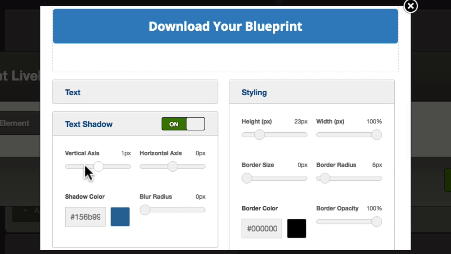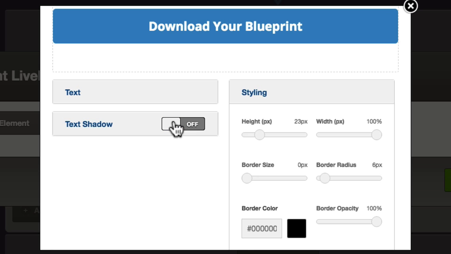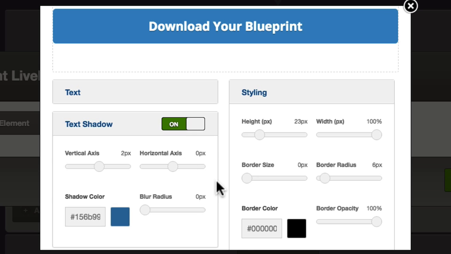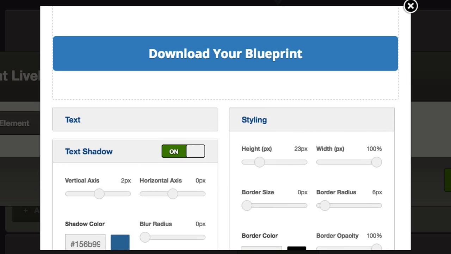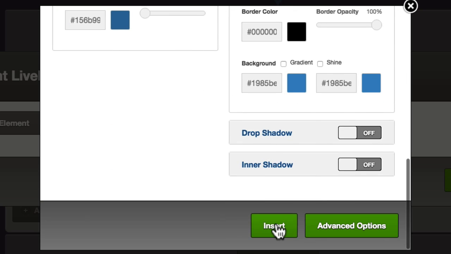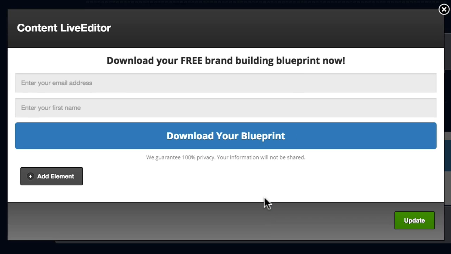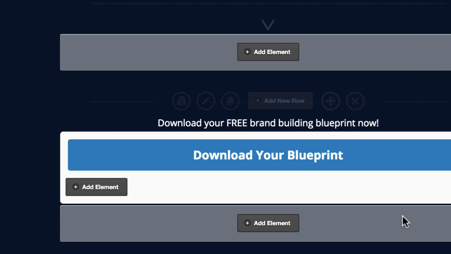Maybe just sort of... There we go. We can see it there more. So that font stands out. Let's click insert. And click update. And now I want to add in the last sort of bit at the bottom, which is going to put in some copyright text. And again,